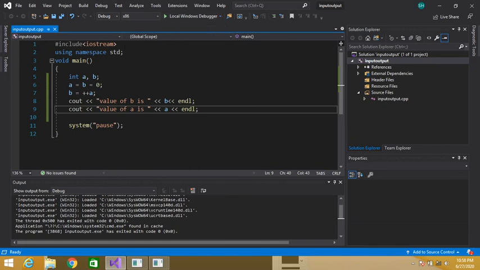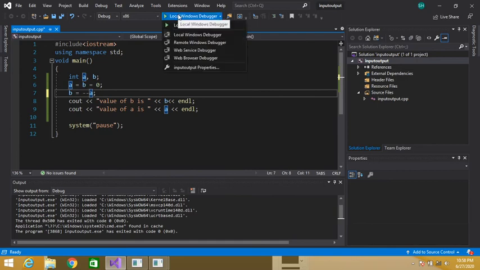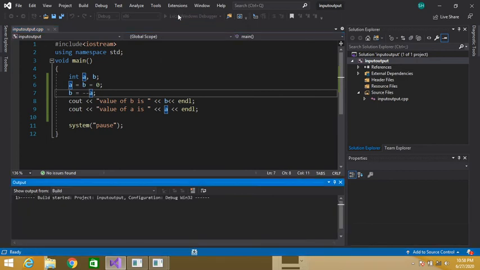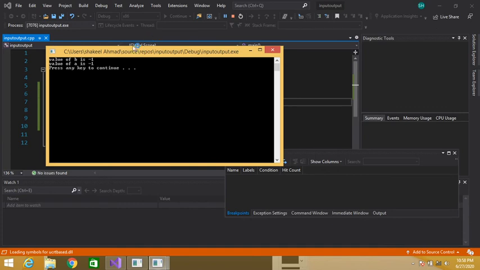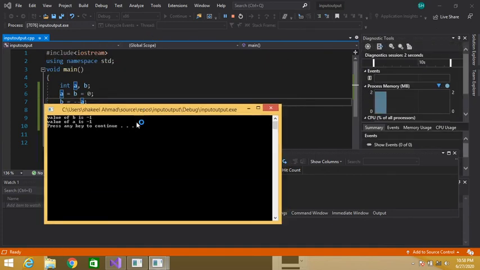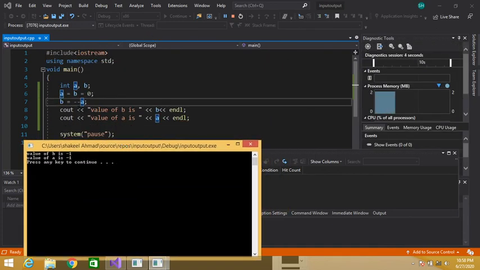Now let's pre-decrement this value. See, minus 1 is displayed. Why? Because the pre-decrement operator first decrements the value of the variable, then it will assign the value of a to b.